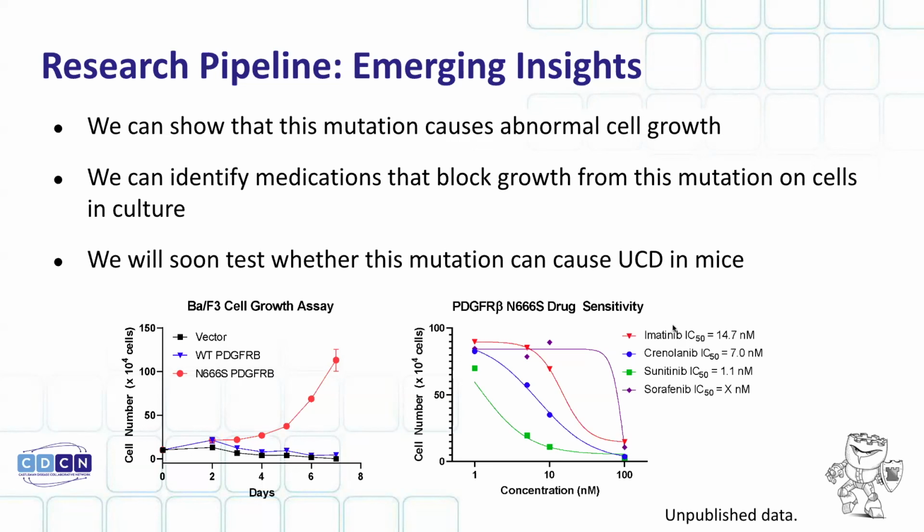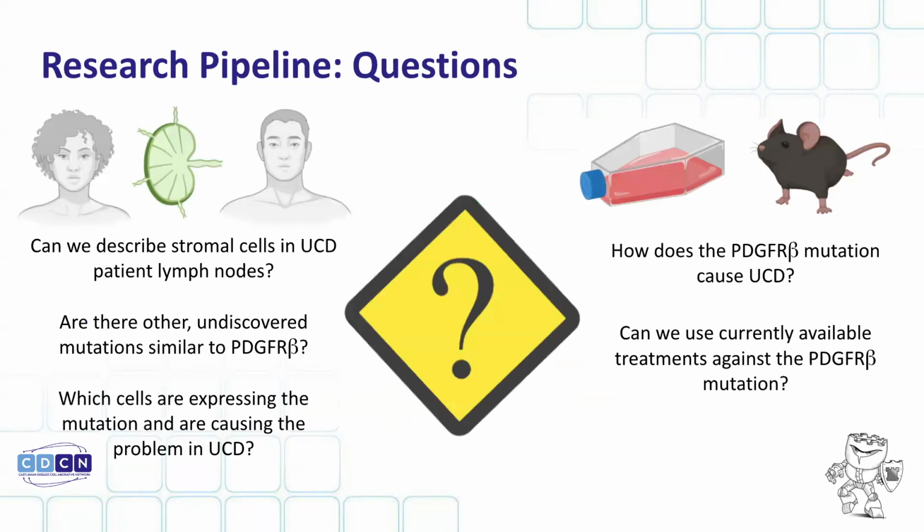And so my suspicion is that patients who may have unresectable unicentric Castleman disease who have this mutation may in fact be susceptible to these therapies. Imatinib, crenolanib, and sunitinib, I would say, were probably the ones that work the best. But that hasn't been done yet, though I think it would be something next that could be happening. And if a patient is in a really bad situation where they've tried all the tried and true things on my list, then maybe it makes sense to try these. They're well-tolerated medications.